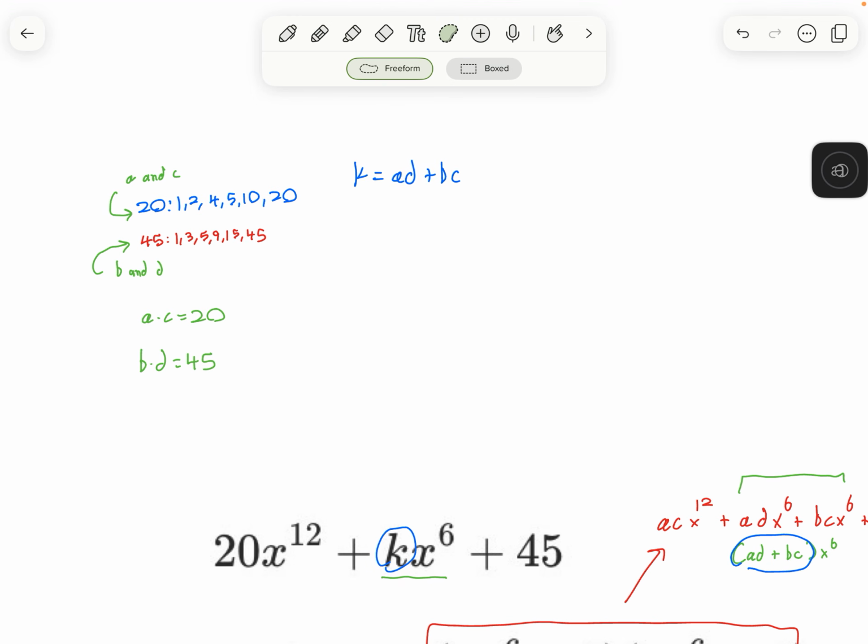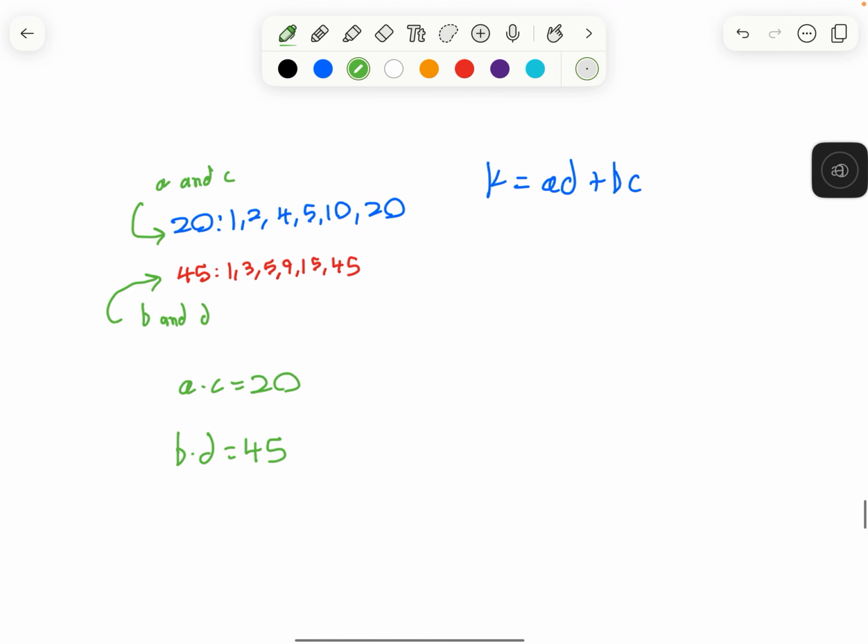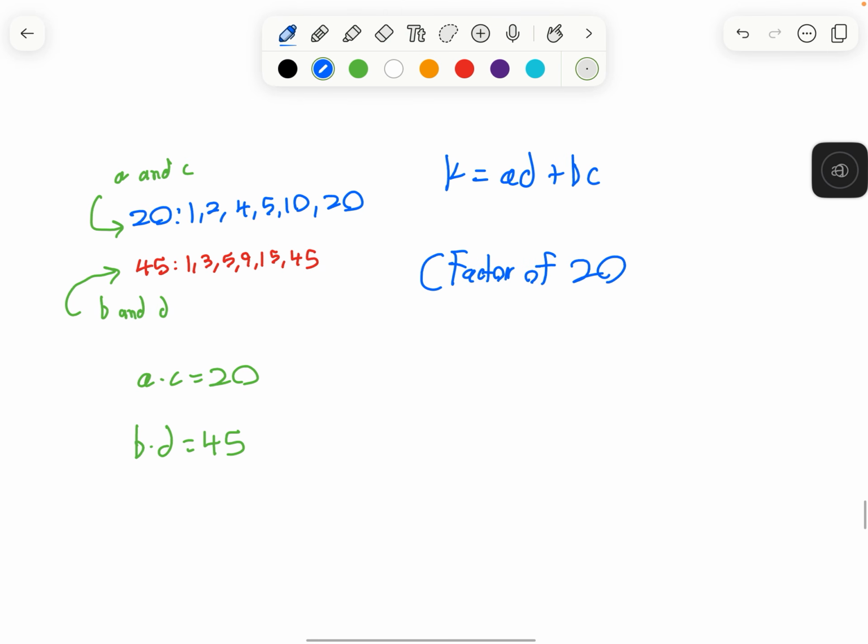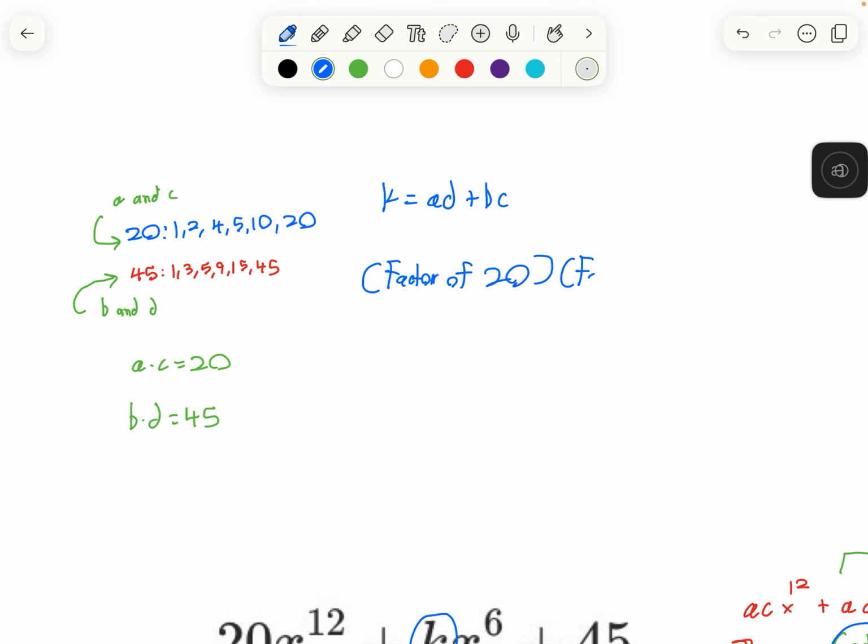Go back to this original expression. We're trying to maximize the value of K. Well, that means A times D. You can actually rewrite this entire thing as a factor of 20, right? Because A is a factor of 20. So you have a factor of 20 times D, which is a factor of 45,